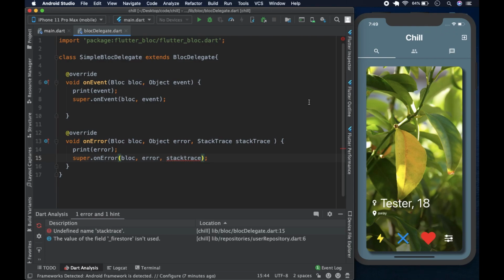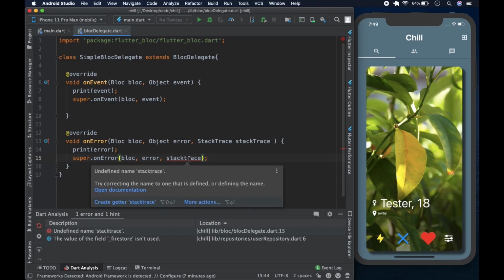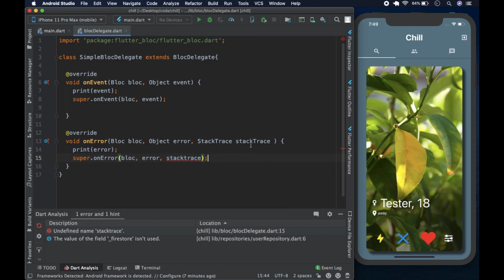Why is stack trace complaining? Undefined name stack trace. Oh, I misspelled stackTrace. It's supposed to be capital. The T is supposed to be capital. Yeah, like so. So let's go, and the next one is @override